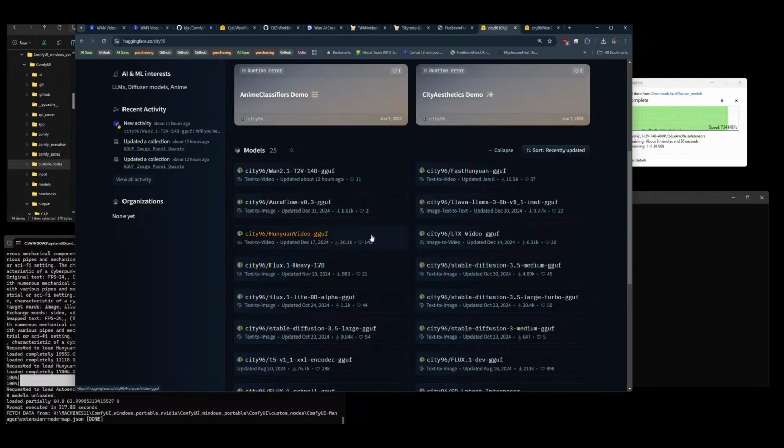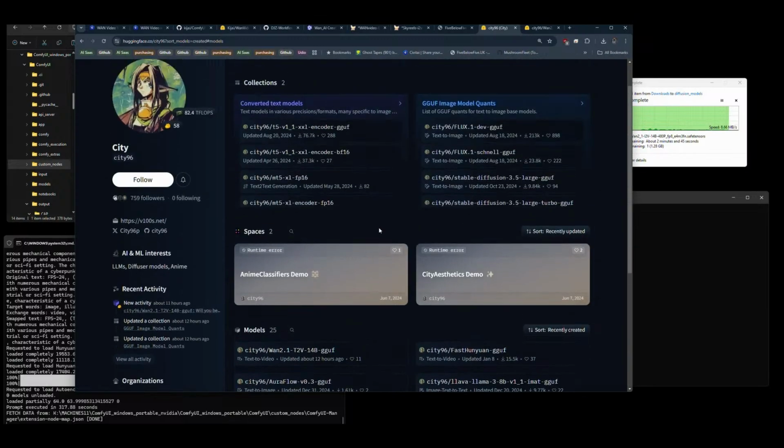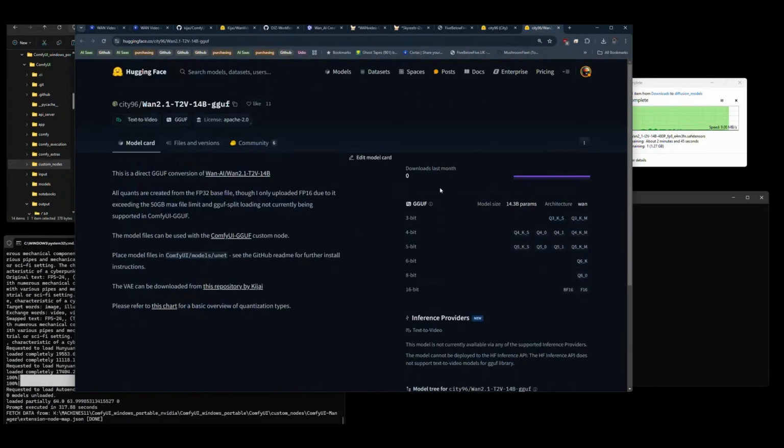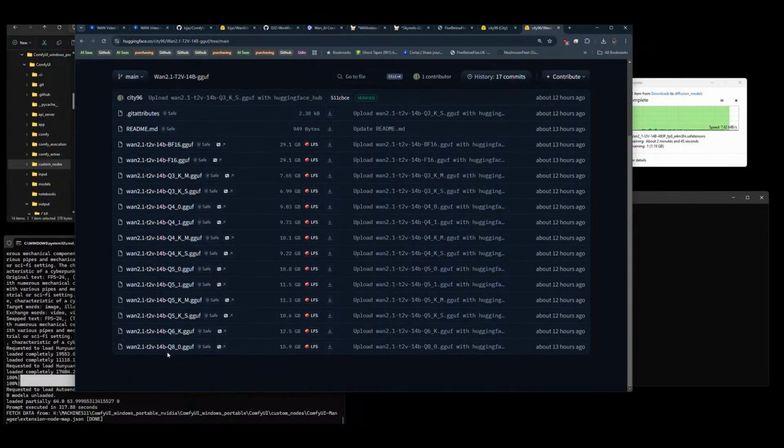Okay. Or new Aura Flow, huh? Oh no, that's old. Wait a minute. Recently updated, recently created. It's the same. Okay. So yes, I was right, but he's only done text to video. But then again, video to video actually uses the text to video model. So maybe that's their gambit there, because look, Q8 16,